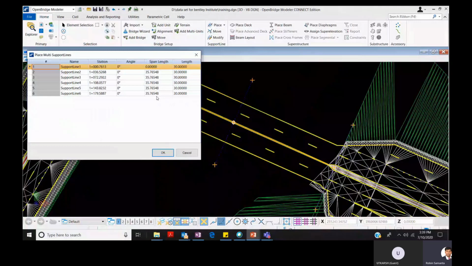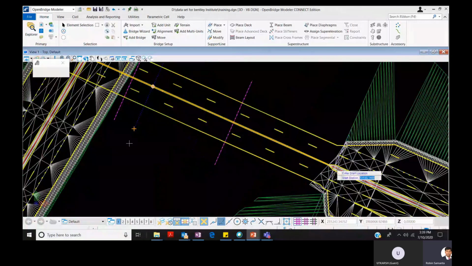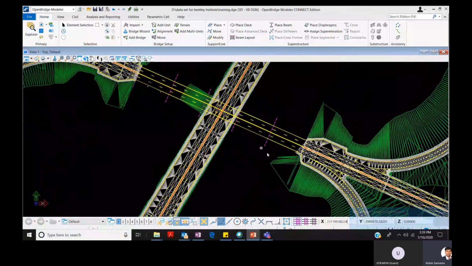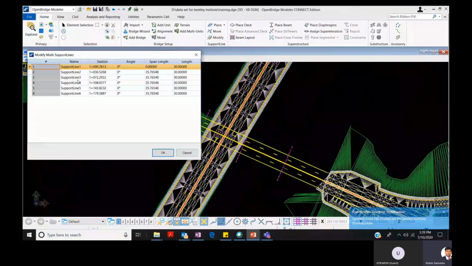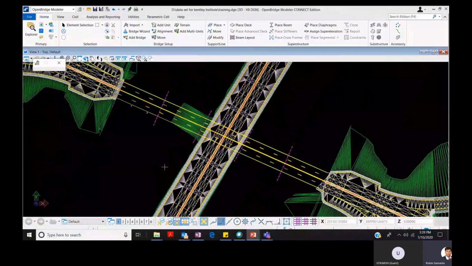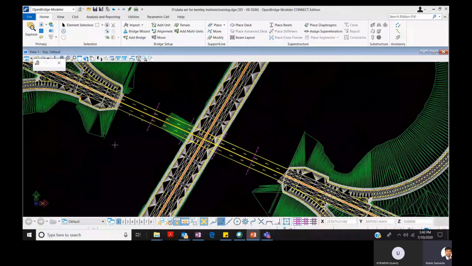Let's say we place the support lines, okay, and exit by right clicking, and then once we exit, again I'm thinking to skew my pier. So pier number 3 and 4 I want to make skew so that it could align with our crossroad. So here is the option, go to modify and change this angle to 6° positive. Once I change this in the table, you can see the support lines moved into the skew. So that's easy. This is to change any support line, or if you want to edit your bridge span, you can do it from here.